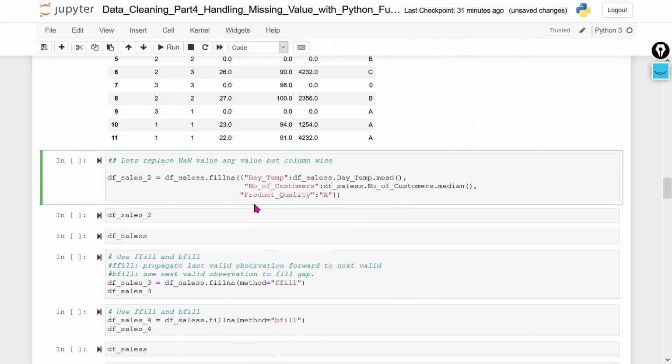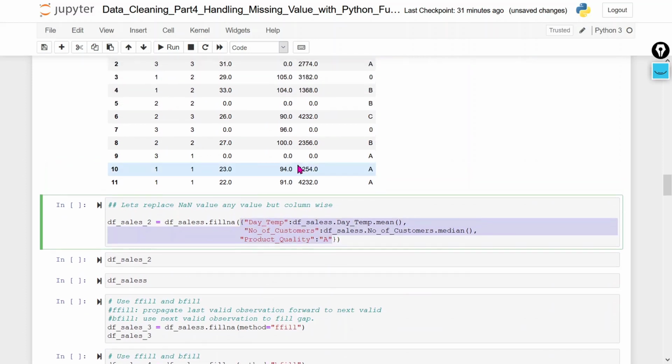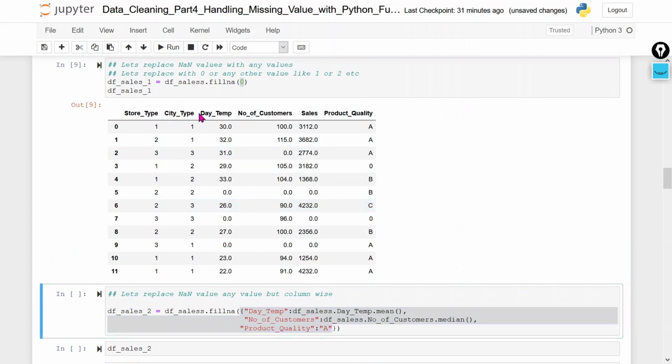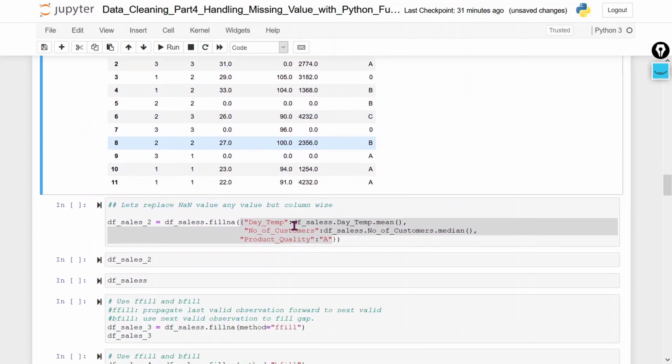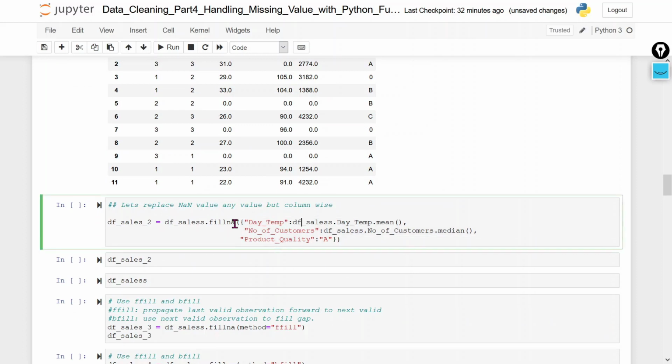Now we are going to use a dictionary to replace these null values. How are we going to use it? We are taking the day temperature column or any column and replacing these null values by using the mean, median and mode. So you can see that here I am going to use the day temperature column and I am going to replace